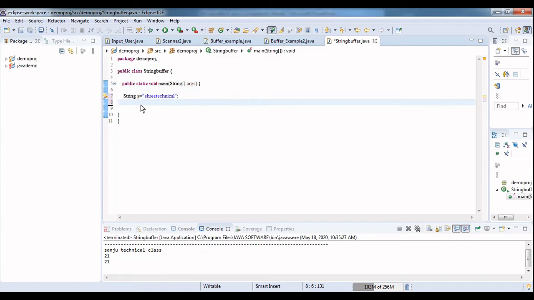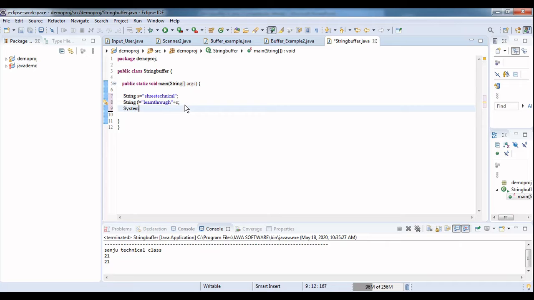Next I have another string f equal to learn through. Okay. Next, what I am doing is appending it. Okay, now let's print it.